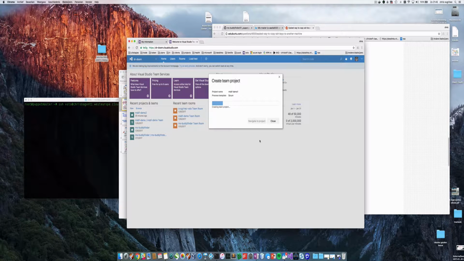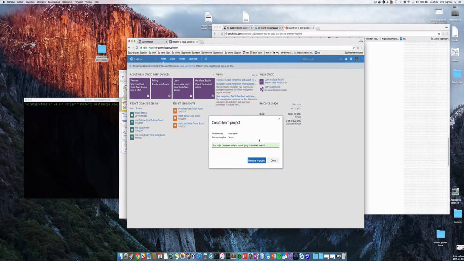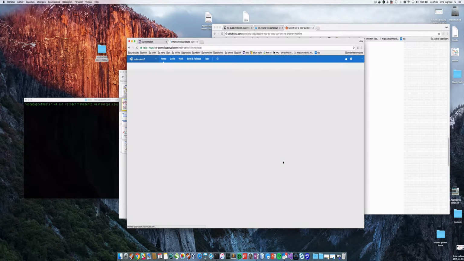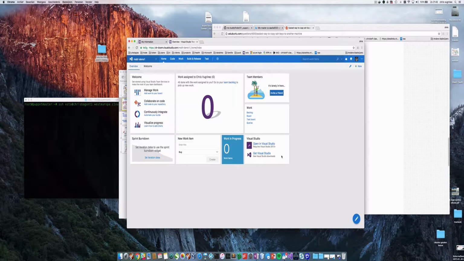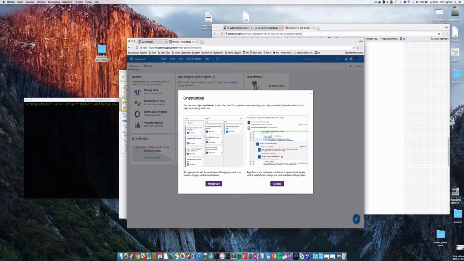So the cool thing about this in comparison to other solutions is that this is a complete SaaS solution. You don't need to configure anything. The only thing I needed for this project is an own build agent, because, let's navigate to the project. Usually you can have hosted build agents within VSTS, which means you get a certain amount of minutes where you can build your projects. But what I chose is an own build agent, and this build agent has been already provisioned